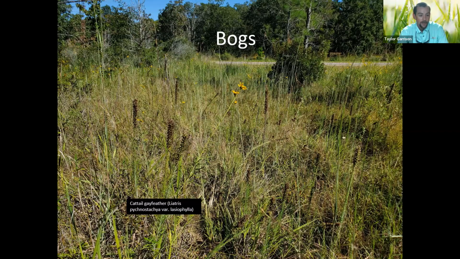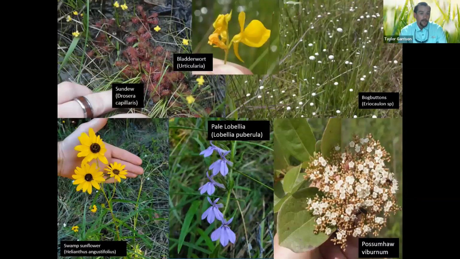And so plants like cat-tailed gayfeather, which is related to the prairie gayfeather or dotted gayfeather, will really do well in these kind of wet areas along the margins. We also have broom sedge bluestem, which is related to big bluestem, Andropogon virginicus on this species. But little bluestem and big bluestem will also grow in these. I've seen switchgrass, Panicum virgatum as well. But we also have right in the middle swamp sunflower, which is a really unique member of the Asteraceae family that occupies these wetter areas. But as I said, these are just seasonally wet and are really important for a lot of wildlife and plant species. Some typical plant species to find in bogs.